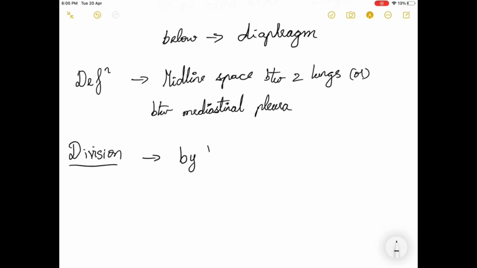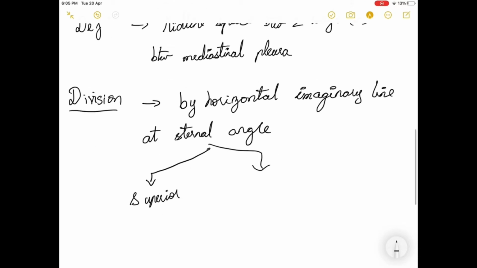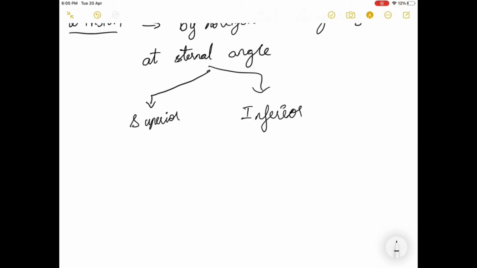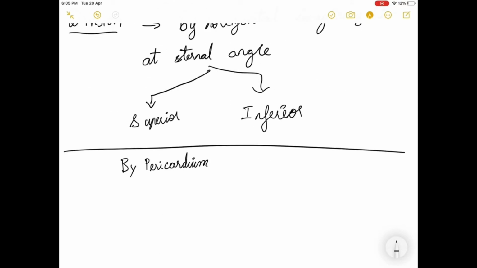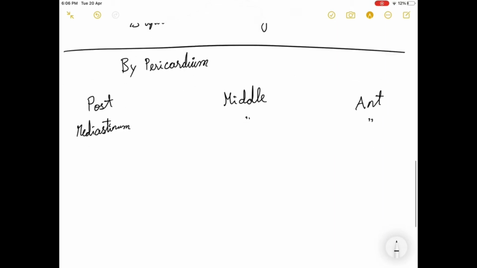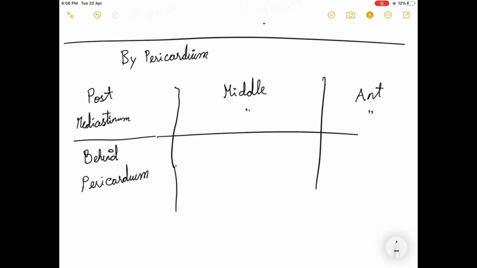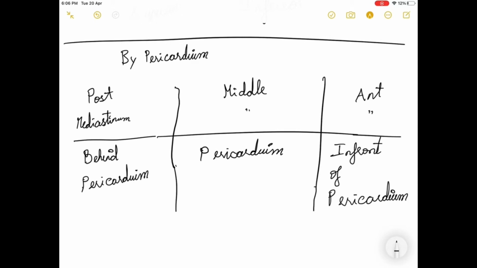So now to the division. By a horizontal imaginary line at the sternal angle, it is divided into superior and inferior divisions. The inferior division is divided by the pericardium into posterior mediastinum, middle mediastinum and anterior mediastinum. Posterior mediastinum is behind the pericardium, middle mediastinum is present in the pericardium and anterior is in front of the